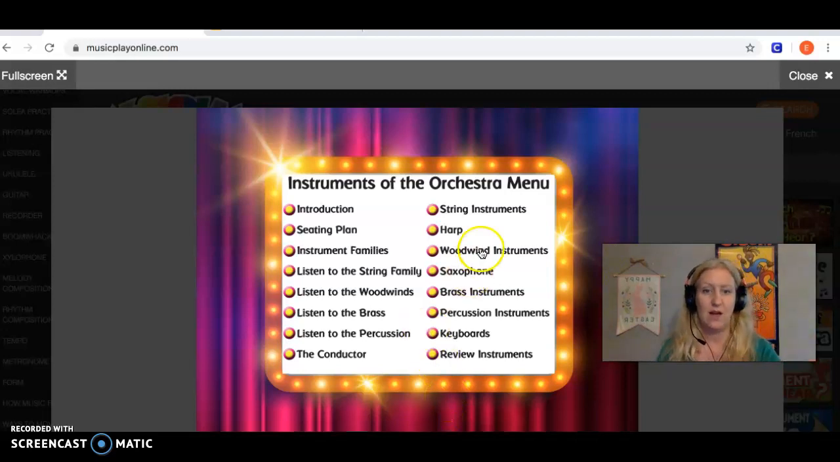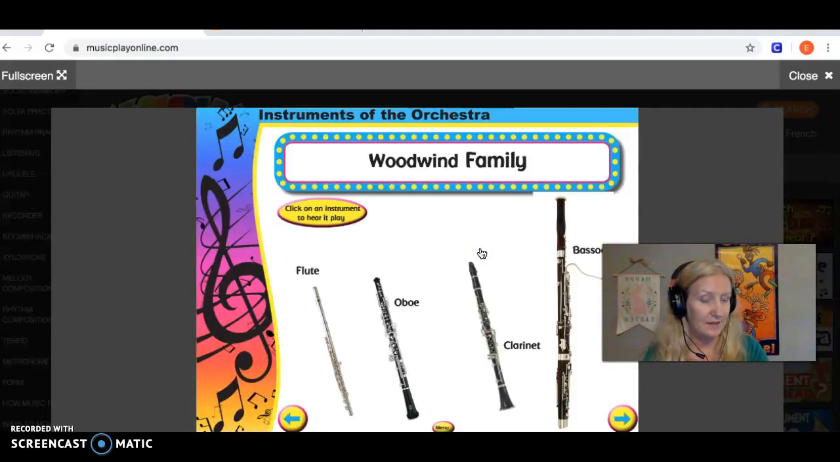So if you want to work on the woodwind instruments, then you can click on this and you'll see you have flute, oboe, clarinet, and bassoon. And notice that the little hand is hovering above the instruments. So if I click on that,